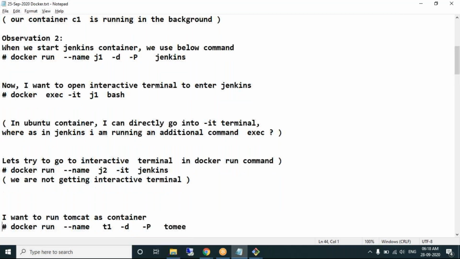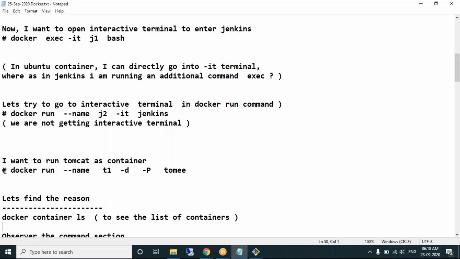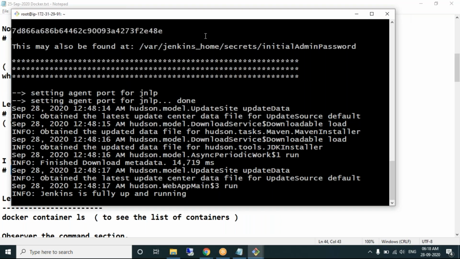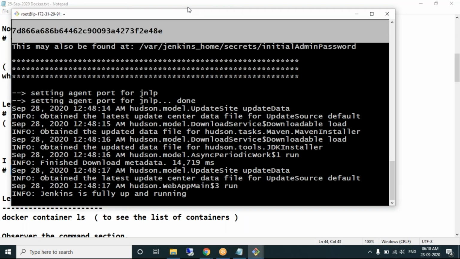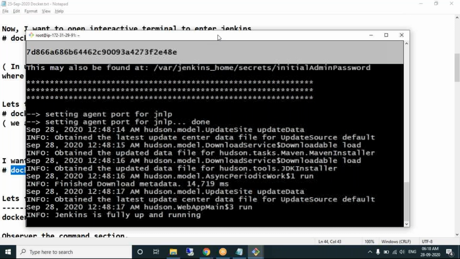Let's experience the Tomcat container. Running a Tomcat container. To close this.